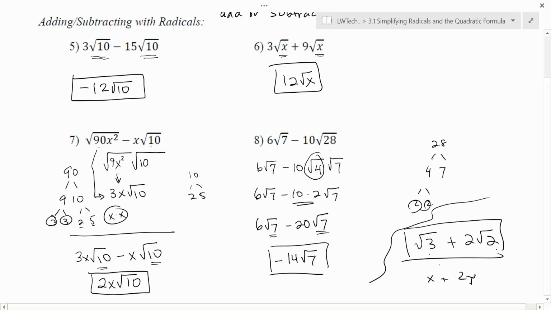So just some examples. You will occasionally get weird looking answers like that, and that's totally legal and okay. But if you can simplify the square roots and end up with the same thing inside, then we can go ahead and get smaller, more simplified final solutions, which